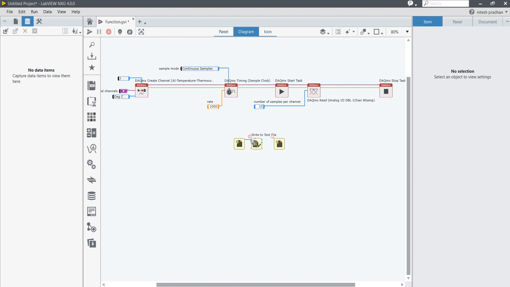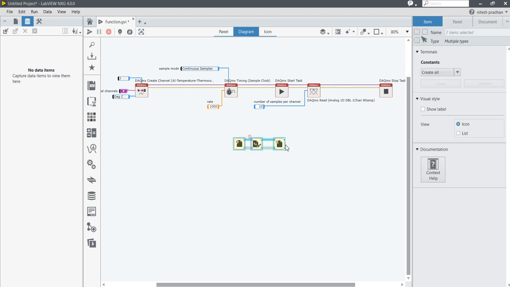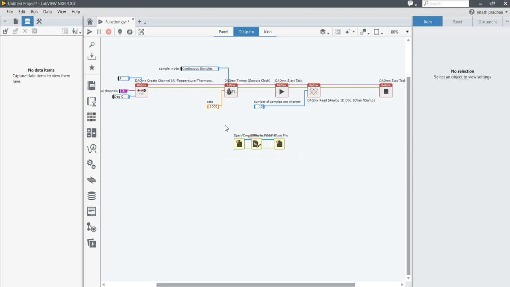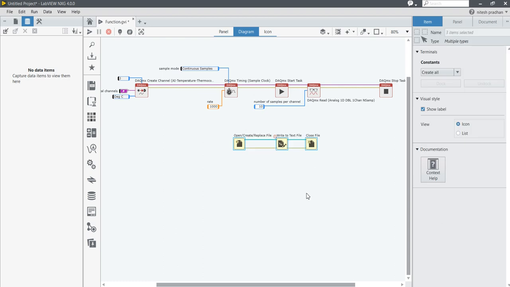So I am going to connect like this: refnum in, refnum out, refnum in, refnum out, error in, error out, error out to error in, error out to error in. Okay, nice. Now after that show label, Control U.